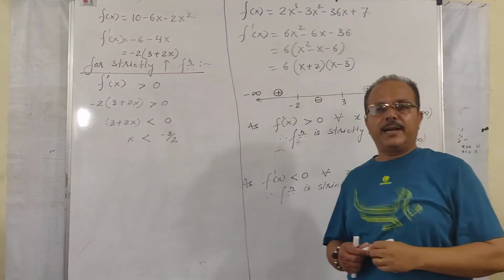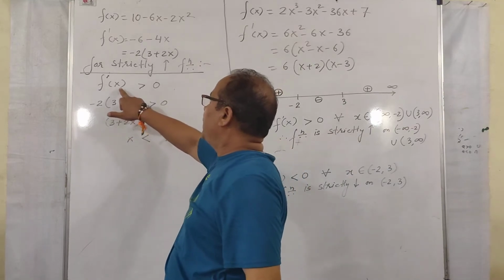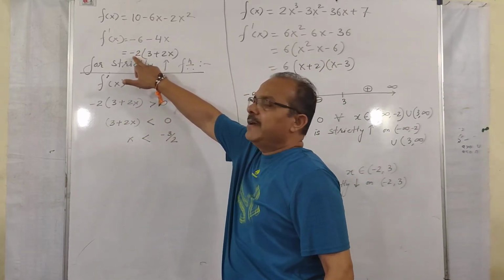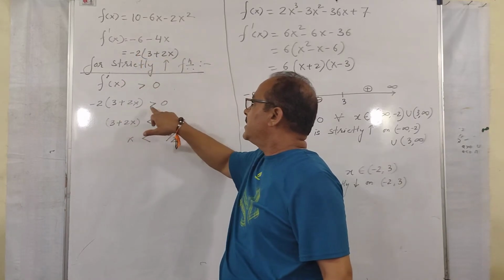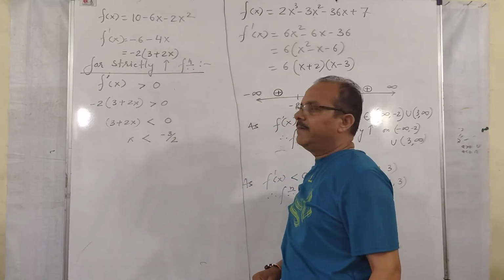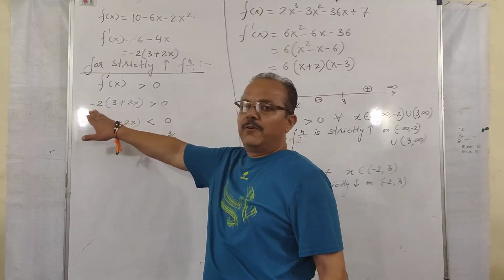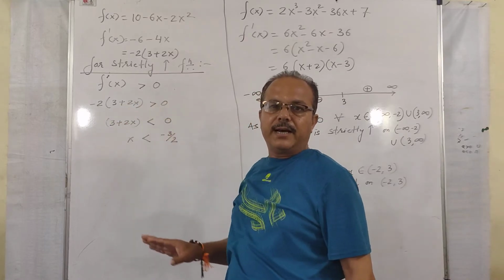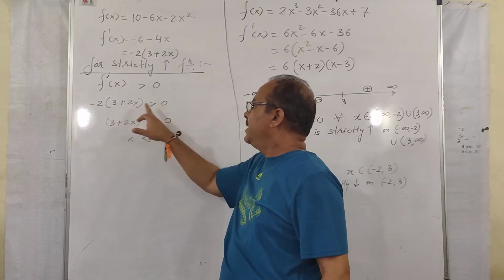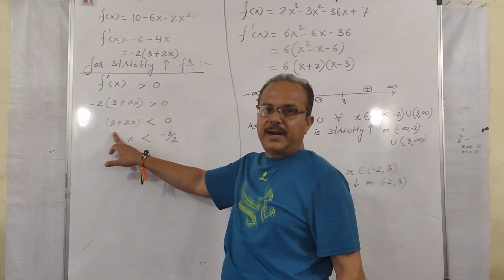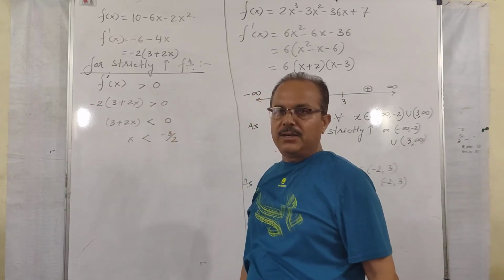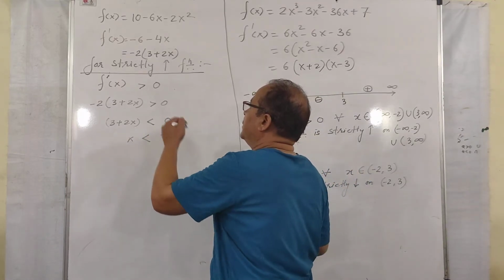We know that for strictly increasing function, the value of f dash x must be greater than 0. So what we are having f dash x? We are having minus 2, 3 plus 2x as f dash x. This will be less than 0. So you all know, or you remember from class 11, that when this minus sign is removed from this inequality, we have to change the sign. So when you multiply the minus sign on both sides, the minus sign is removed from this side, but the minus sign multiplied with 0 will not affect 0, and the sign of inequality will definitely change.